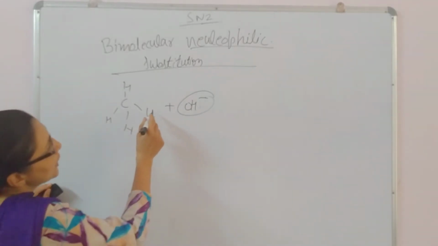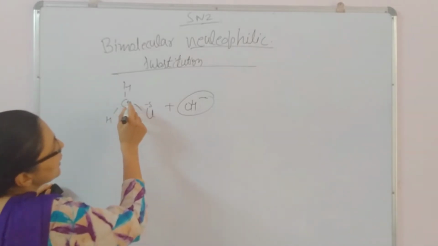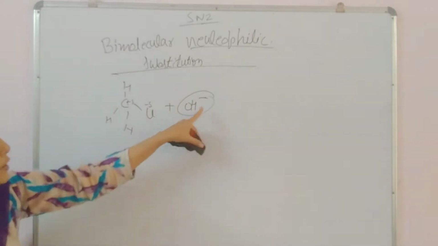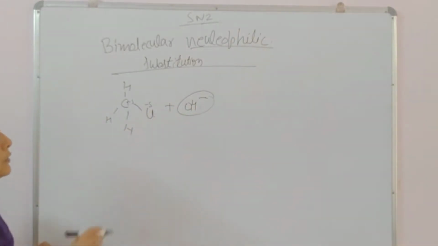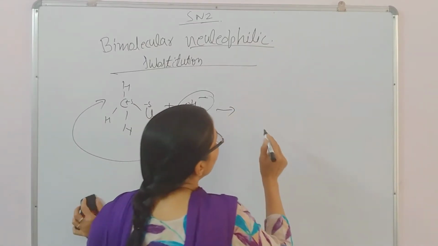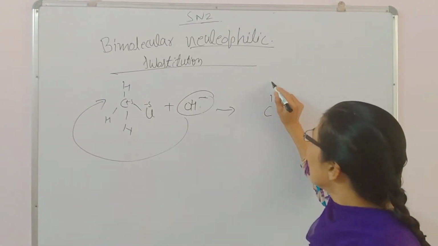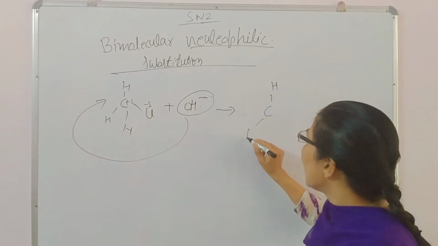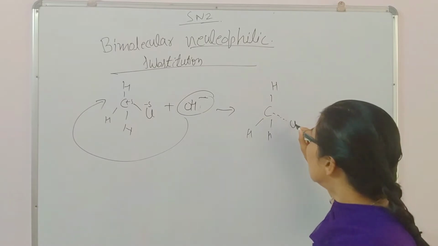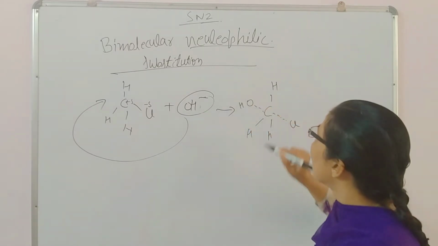What will happen? Here Cl is electronegative, so it carries a minus delta charge and carbon carries a plus delta charge. OH minus is definitely negative, so it will not attack from this side. It will attack from the back side, forming a 5-membered, 5-bonded species. This Cl is half bonded and the back side attacking OH minus is also half bonded.